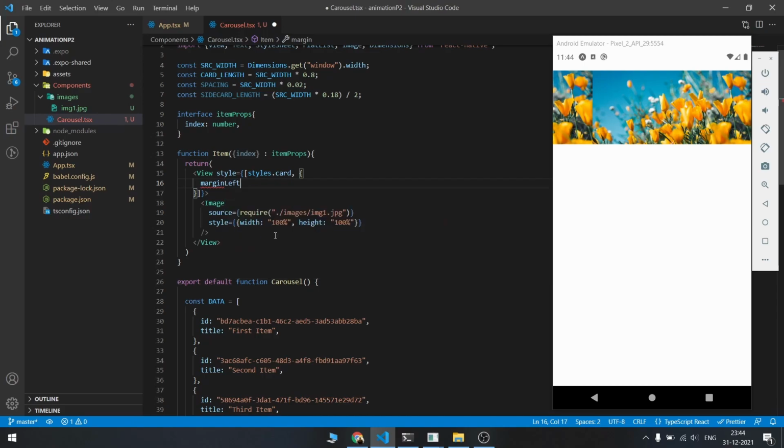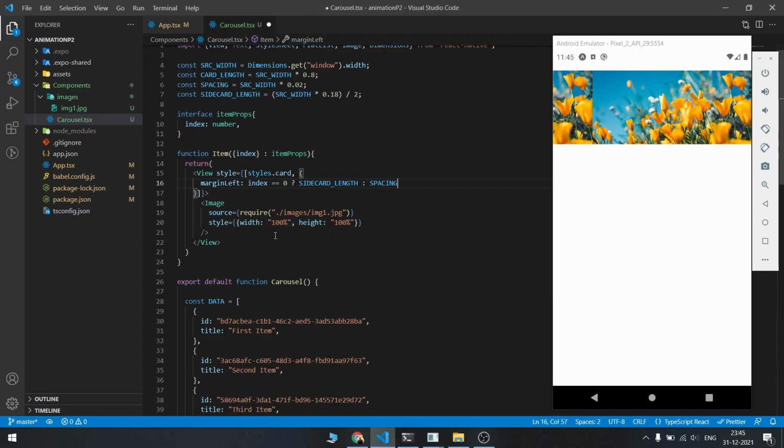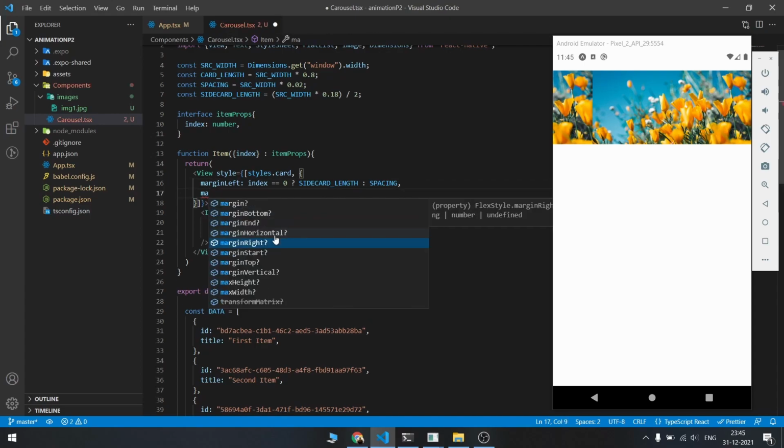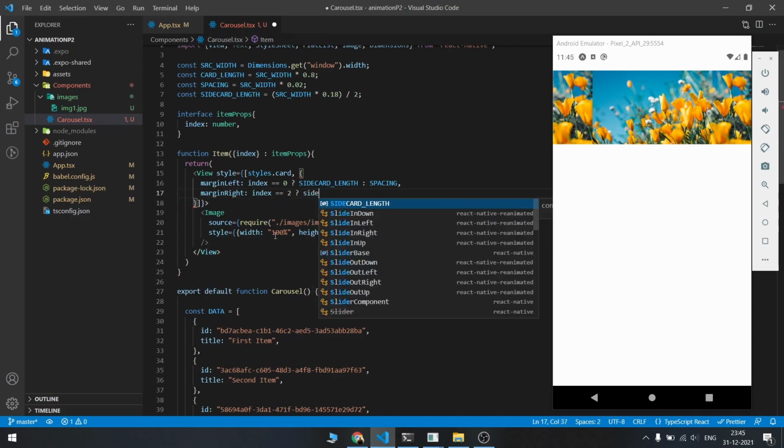So marginLeft, if index is 0, then it will be sideCardLength, otherwise it will be spacing. So you will see what I'm doing here in a few seconds. We'll do the same for the marginRight, but instead of 0, this time we'll check it for the last card, that is at index 2, and this will be the same.